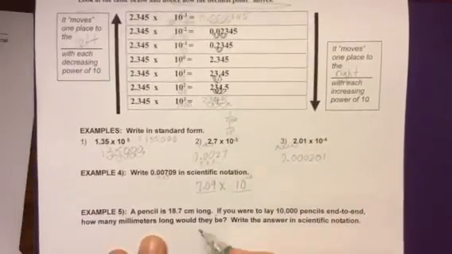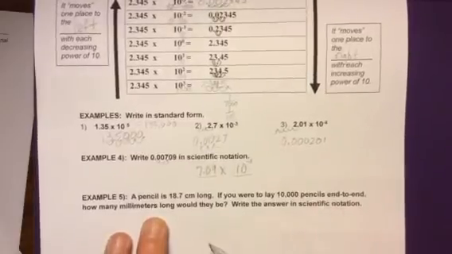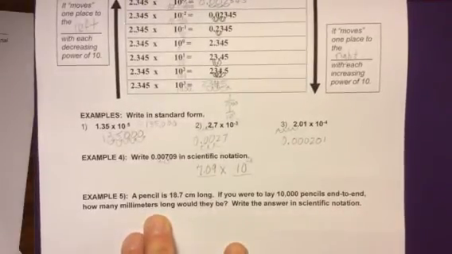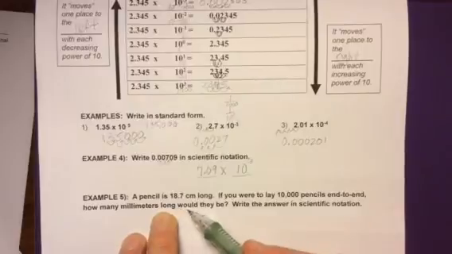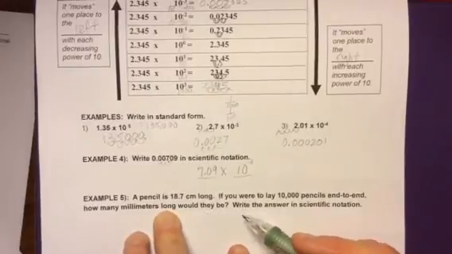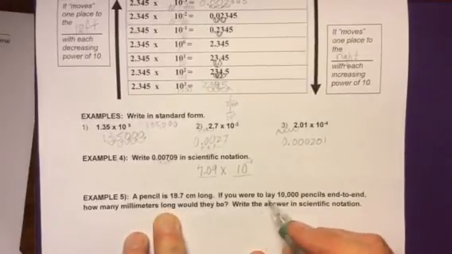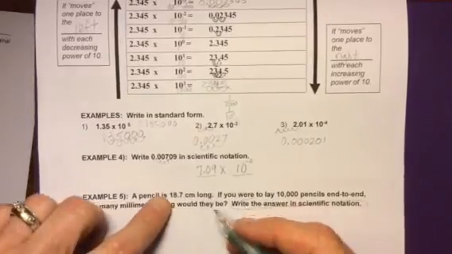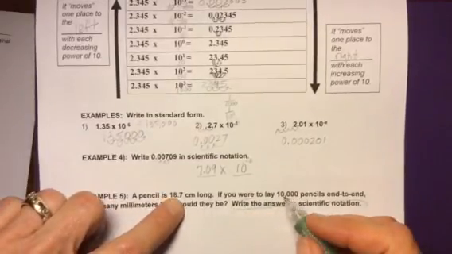Example 5, we have a pencil. It's 18.7 centimeters long. And if you were to lay 10,000 of these pencils out from end to end, they want to know how many millimeters that would be. So we want to write the answer in scientific notation. So if we're going to lay this out, 10,000 pencils,